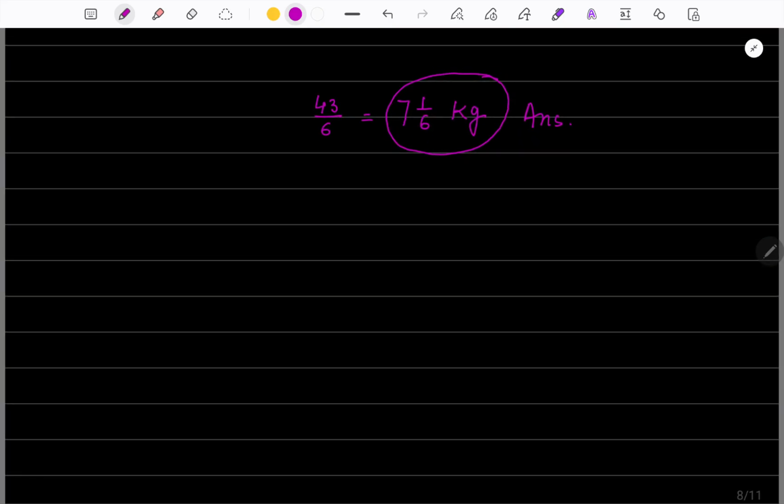So with this we come to the end of this particular lesson, where we learned how to add or subtract like fractions and also how to add or subtract unlike fractions. Now that we have learned this, in the next lesson we will move on and talk about multiplication of fractions, and we will also learn about the concept of using of.